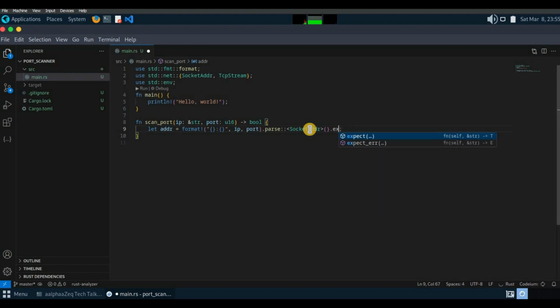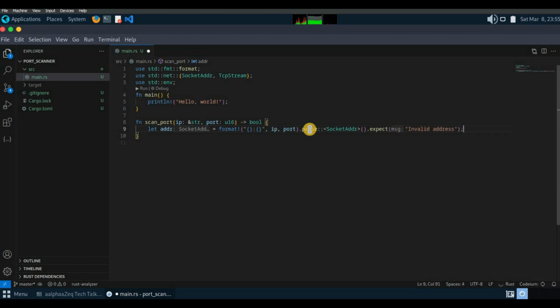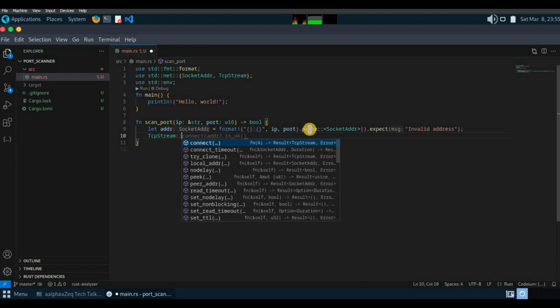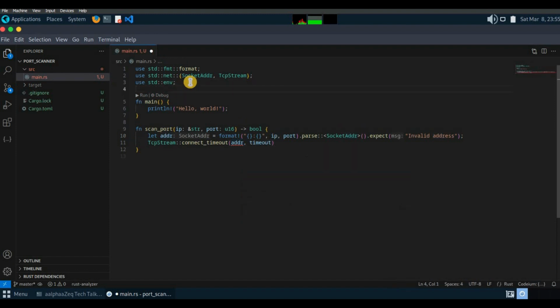Actually, if you want, you can make use of expect with a message saying invalid address in case of any issues with the address. So now we have the socket address. Now the next thing we can try is connect timeout. One more thing we need is to analyze the performance of